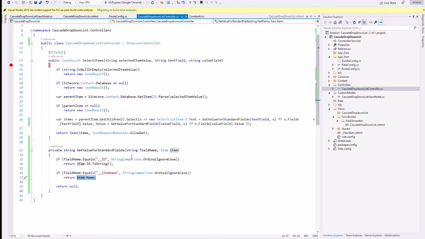So this is for the children items of Sitecore. If you want to pass any field from those items, for example if the child item has a field called title or description, you pass that, and it will use item.Fields with the field name of that particular item and retrieve its value. So this function works for the ID, the item name, and any fields that you want to pass as per your convenience for the item.